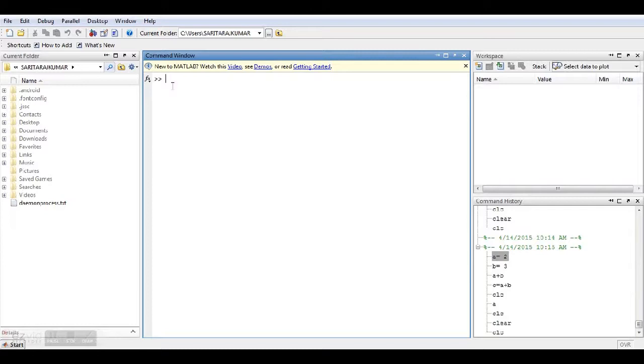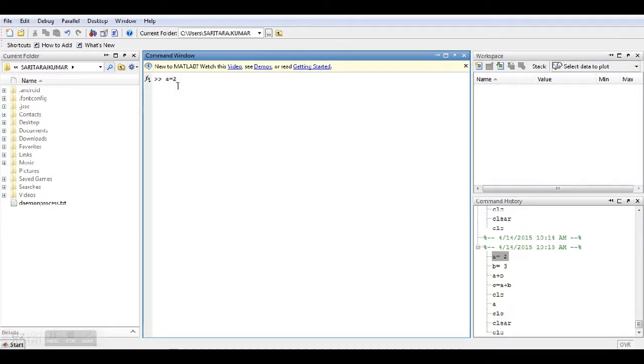So one way of typing the program is to type it in the command window, or simply say one or two steps you can type in the command window. If my program consists of 100 steps, or more than 100 steps, then I can't type the commands here, because I can't go to the previous step and change it. So every time I have to write the steps again.